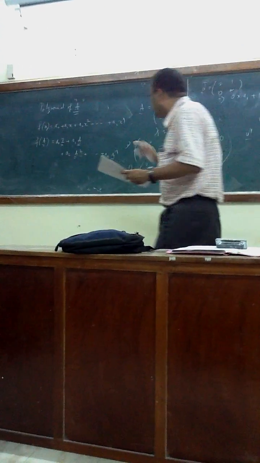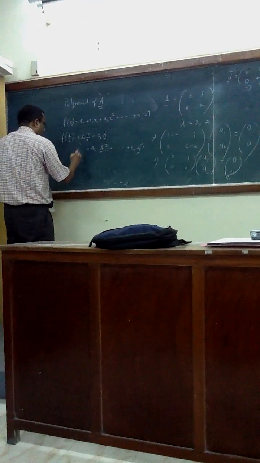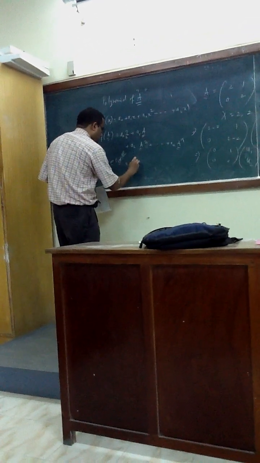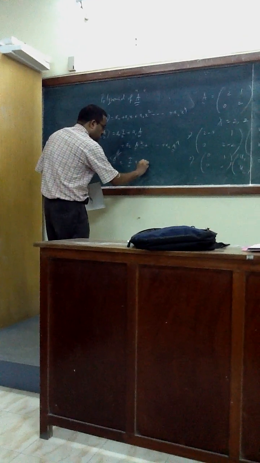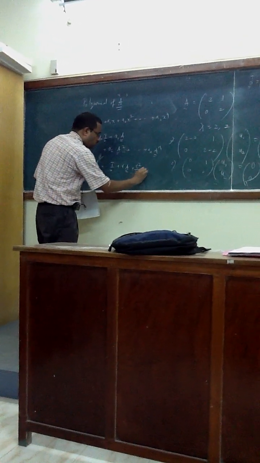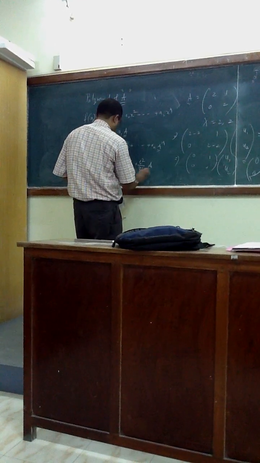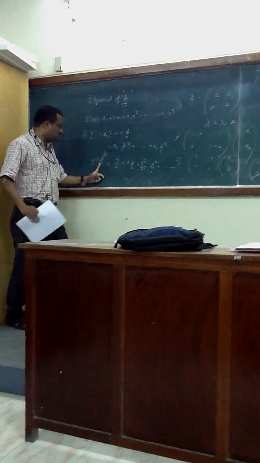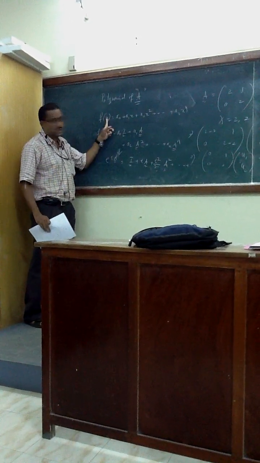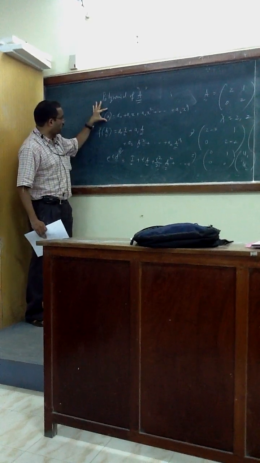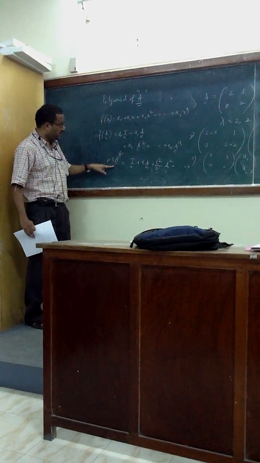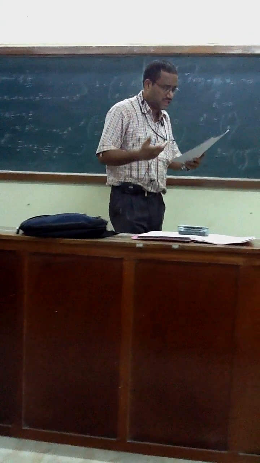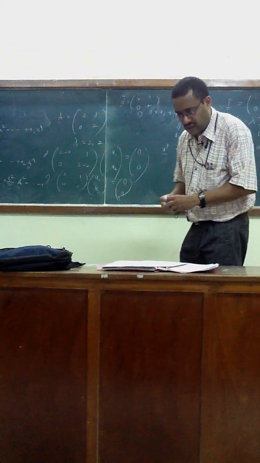In the same way, when we do e to the power tA, what is that? It is I plus tA plus t squared A squared by 2 factorial, and so on, an infinite series. Since the polynomial of x is replaced by A, similarly e to the power tx will be replaced by e to the power tA. That was the argument. I wanted to mention this part to see what we can conclude from this entire analysis.